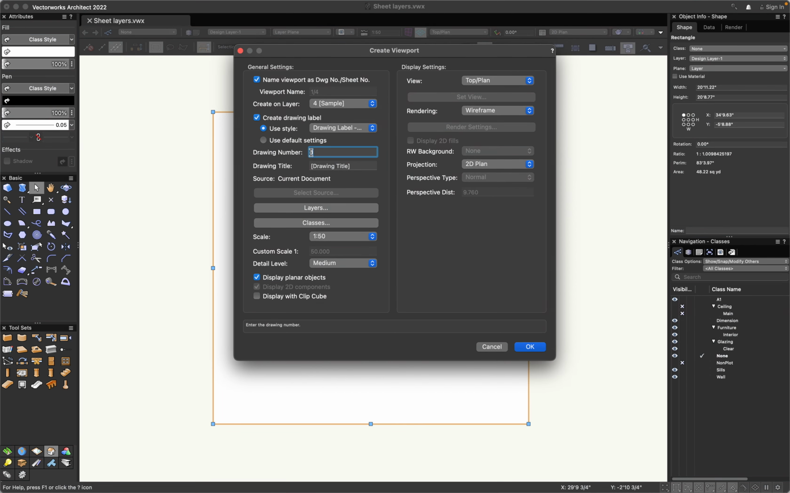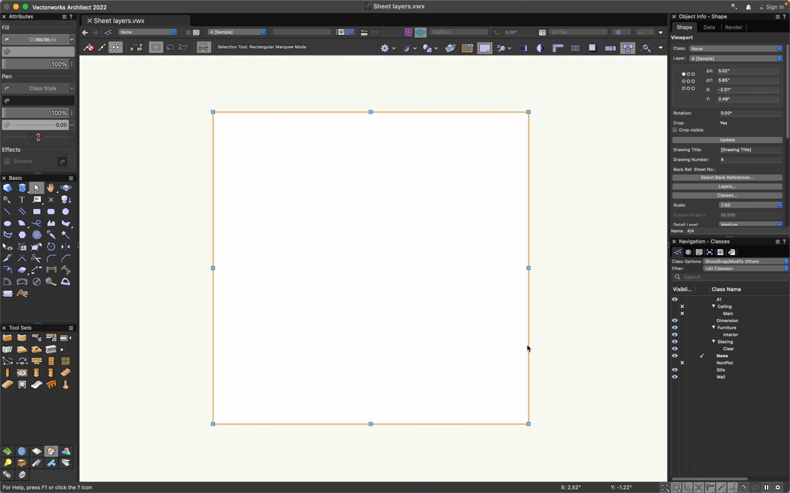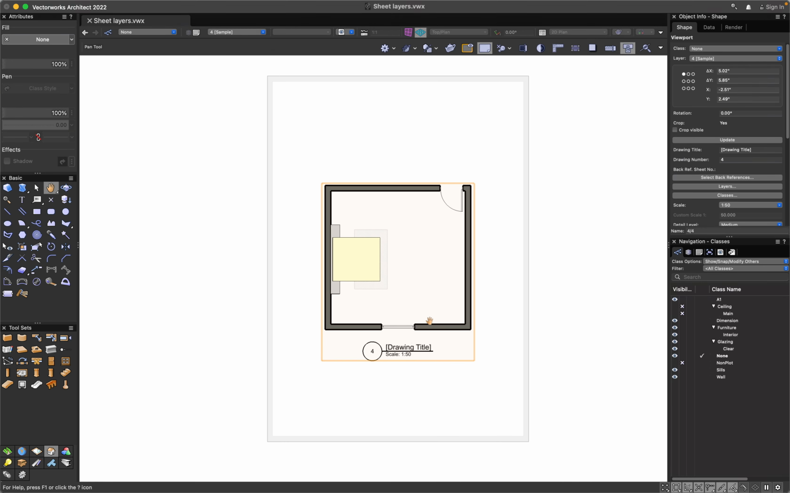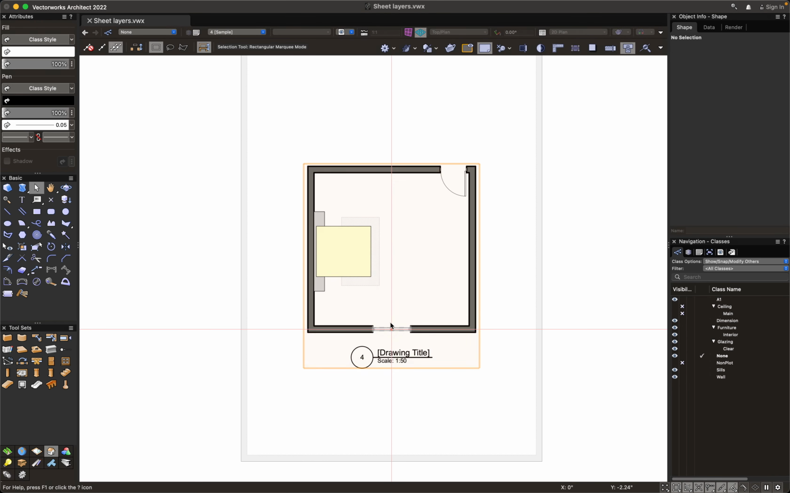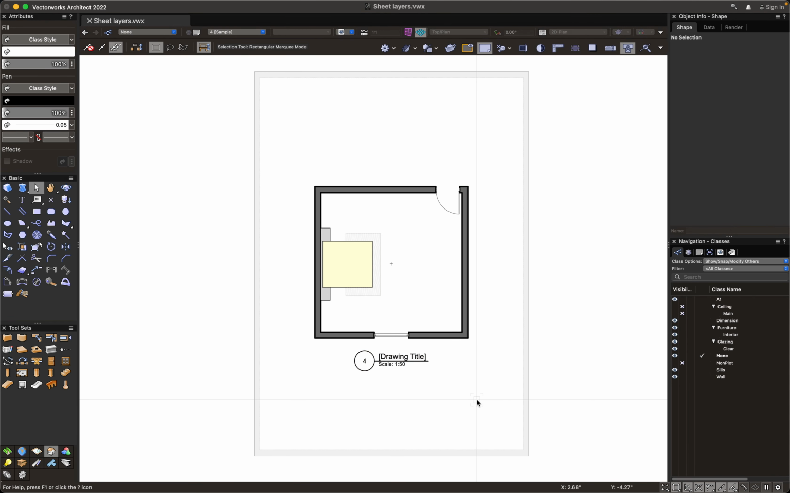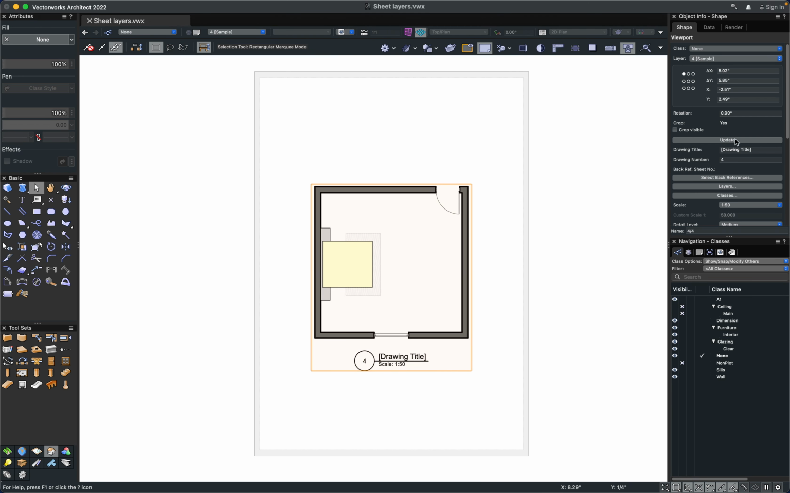Drawing number 4, I guess. So this is our plan that we just made, and this is the viewport. Select the viewport and you can edit the properties from here. Now let us